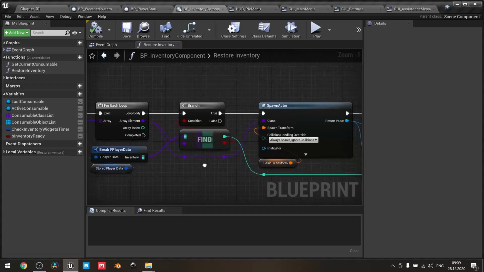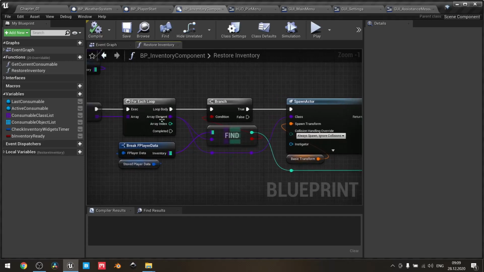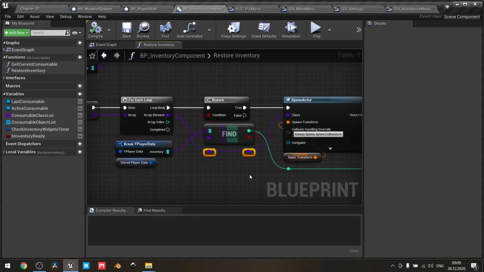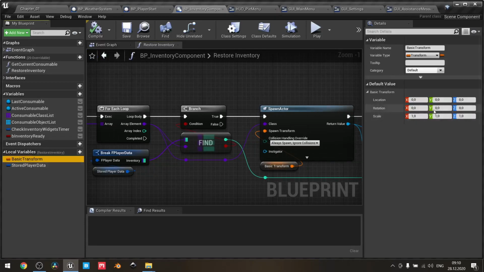So whether it's true, I spawn an actor. Actually, this actor is the array element, the class that I store in the array. Basically, I store only consumables, but it can be water consumable, cigarette pack consumable, food consumable that I showed you earlier, and so on. I also use basic transform, it's a local variable,